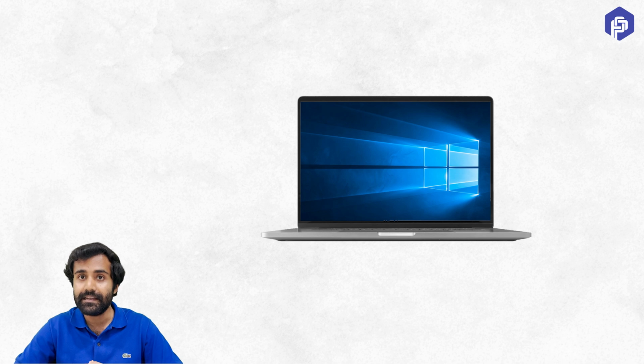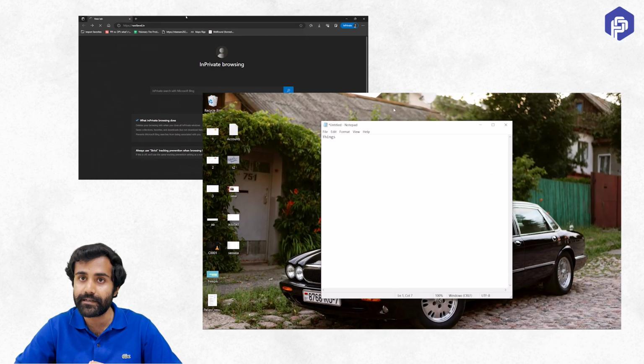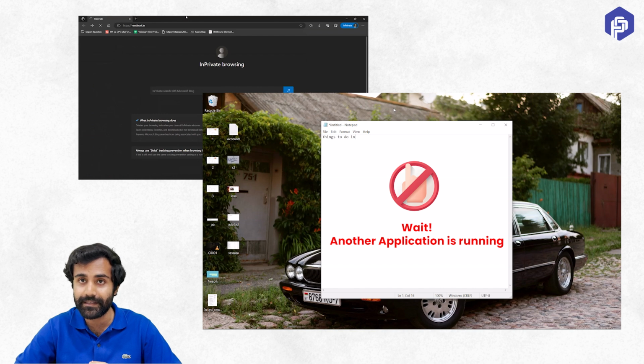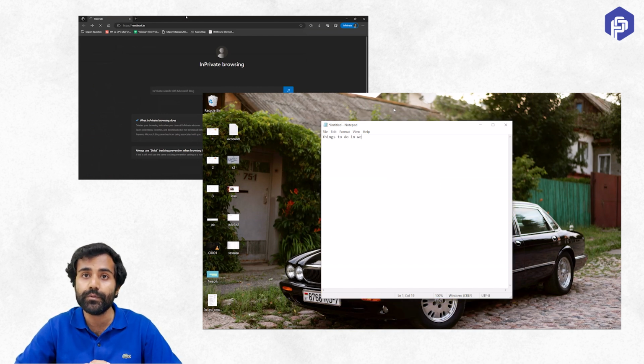In that case, let's say when a particular website was getting loaded on your web browser and you were trying to enter some text on text editor, and now your text editor says that, hey, wait, I cannot work because currently something else is going on. Currently, the web browser is doing something. So in that case, you would have said that the text editor is not responsive, right? But what concurrency allows us to do is that it allows us to use these multiple applications in a time sliced manner, right? So that would ensure that we would experience a better responsiveness.